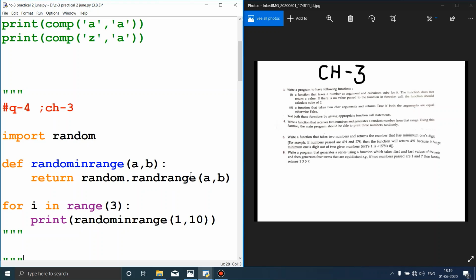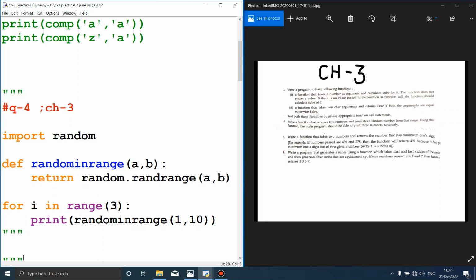So what you need to do is, this random range is a function which will generate a range of values between this, and they both are included, the ranges are included in it. If I say between 1 and 10, so between 1 and 10 means 1 and 10 are also included. Between these, any three random numbers will be picked up, okay. So our program says, write a function that receives two numbers. So function argument means two arguments will be there and generates a random number from the range. So range you will specify here, okay.